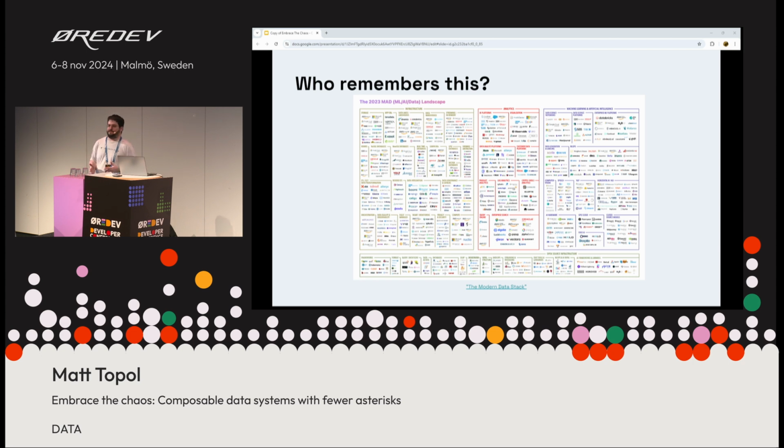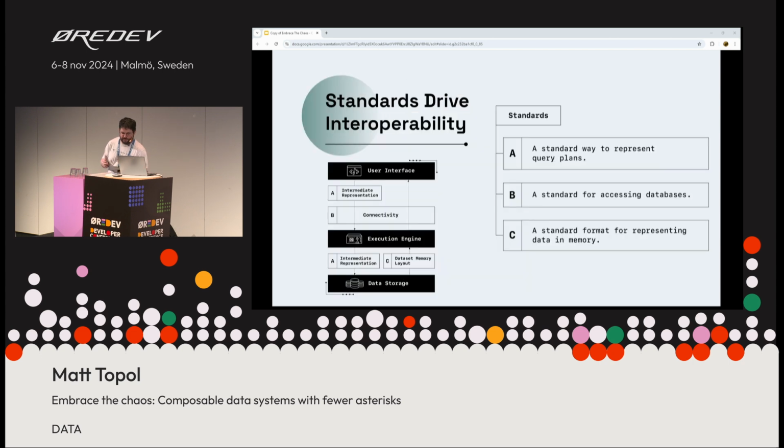by leveraging those standards. So let's look back again at the diagram from earlier. I'm just going to swap what's the most prominent here and point out again, if you have a standard for each of these three things, you have a componentized modular stack to build off of. And it's all based on the interoperability.